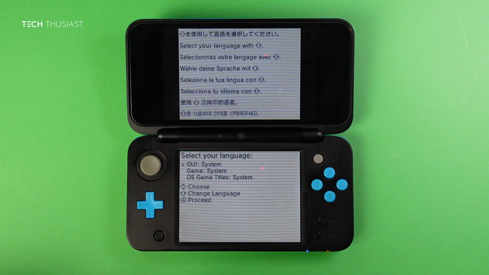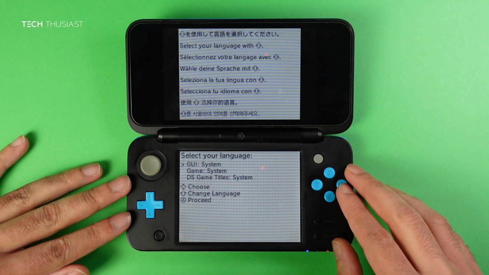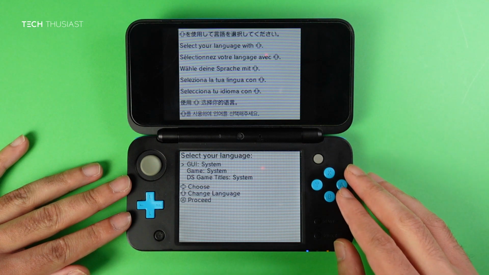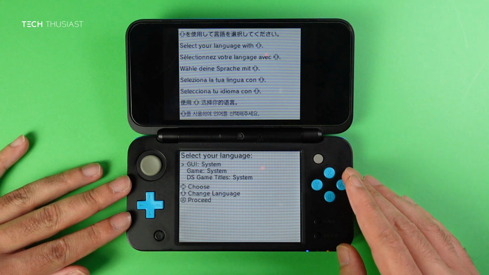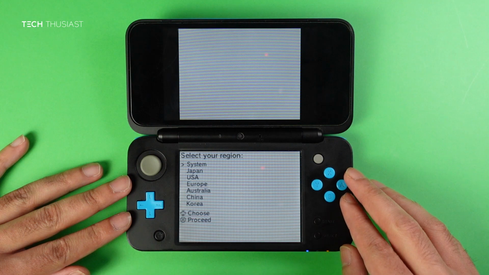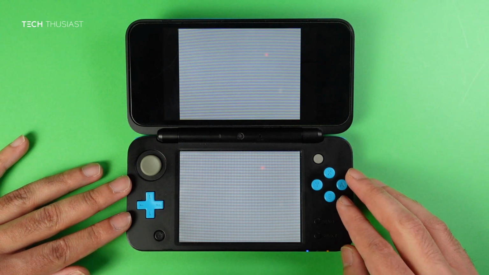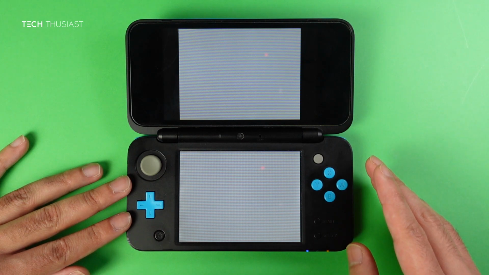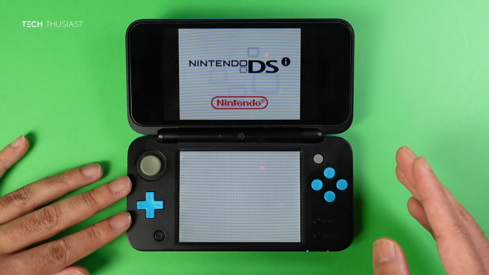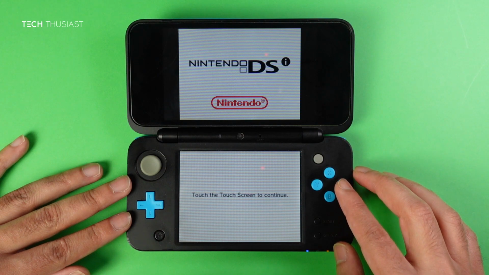And now we need to set it up, so I'm gonna leave the GUI game and the DS game title, everything to system. Press A, and then the region, I'm just gonna leave it as system. Obviously, if you got a different region like USA or Japan, you will select those options. So press A,